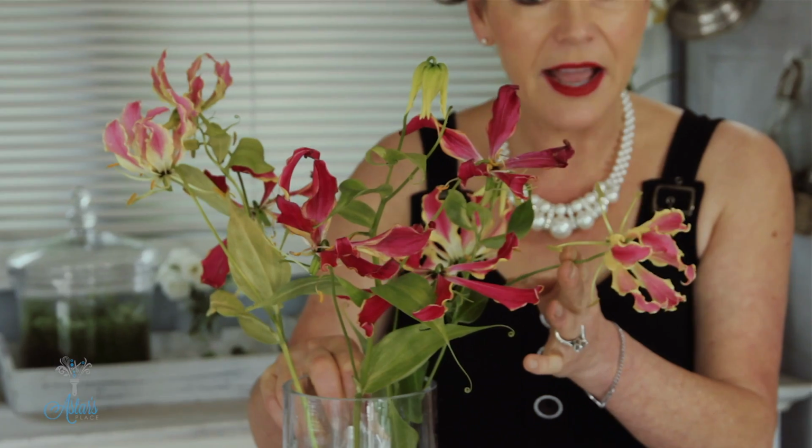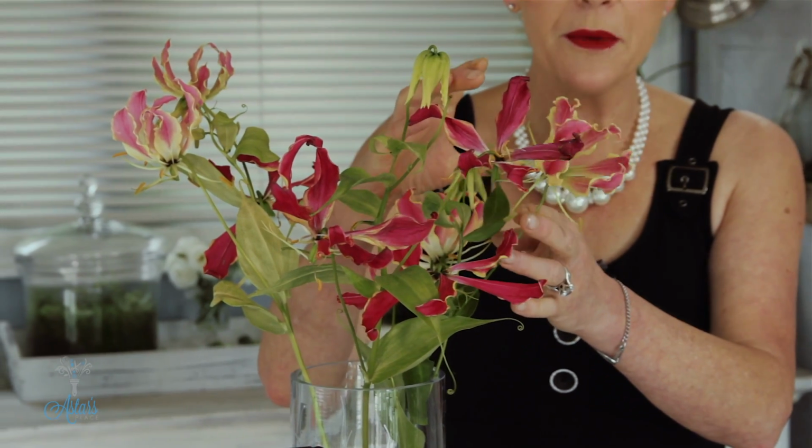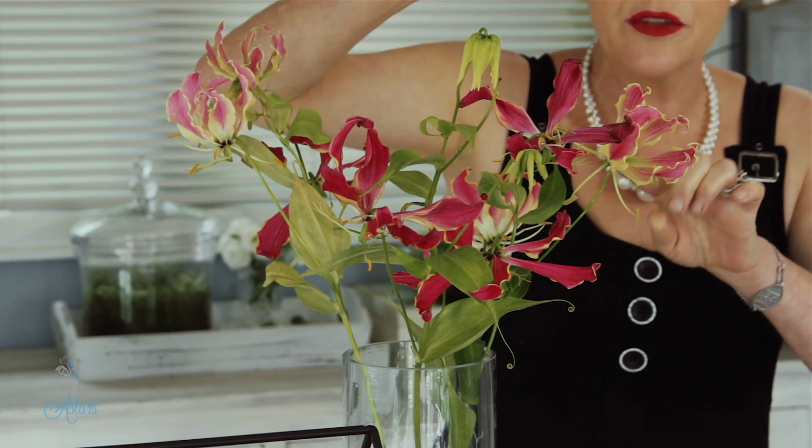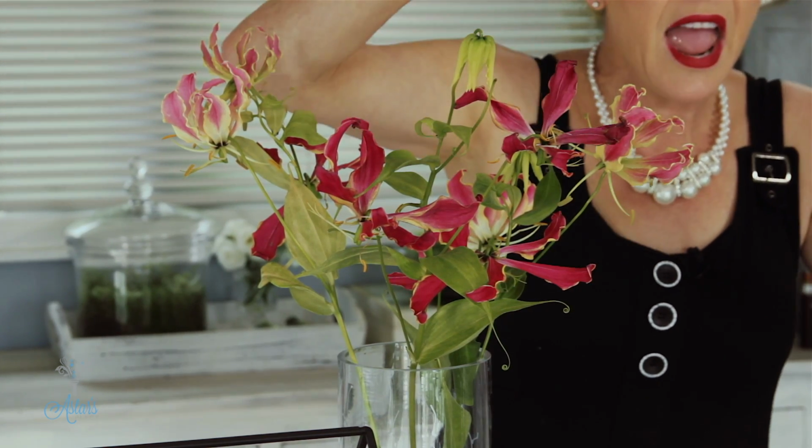Stephanie is getting married and her gran grows Gloriosa. For those who don't know what Gloriosa are, this is a Gloriosa. I just absolutely love them, the most amazing flower. They climb and wind and grow all over everything. They grow a little bit like passion fruit insofar as they have these little tendrils that come out either on their flower or on their little leaf, and they hook onto things. They're wonderful. Stephanie just wants to use the Gloriosa, and its proper name